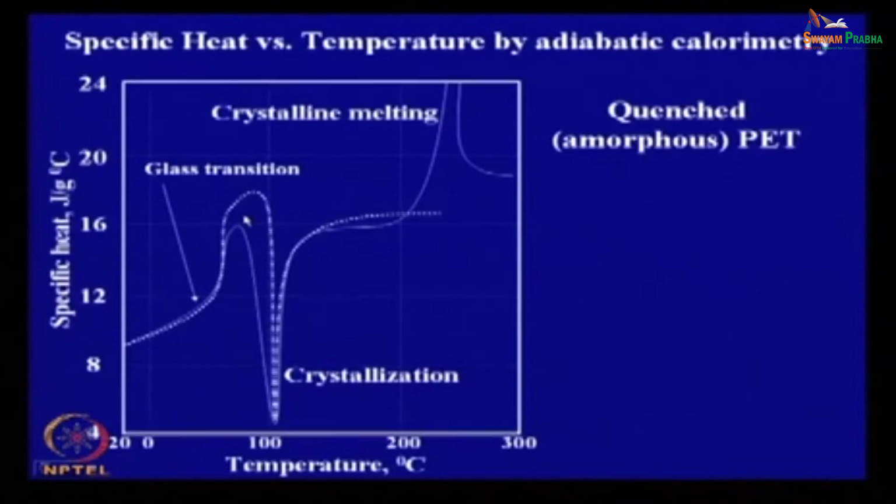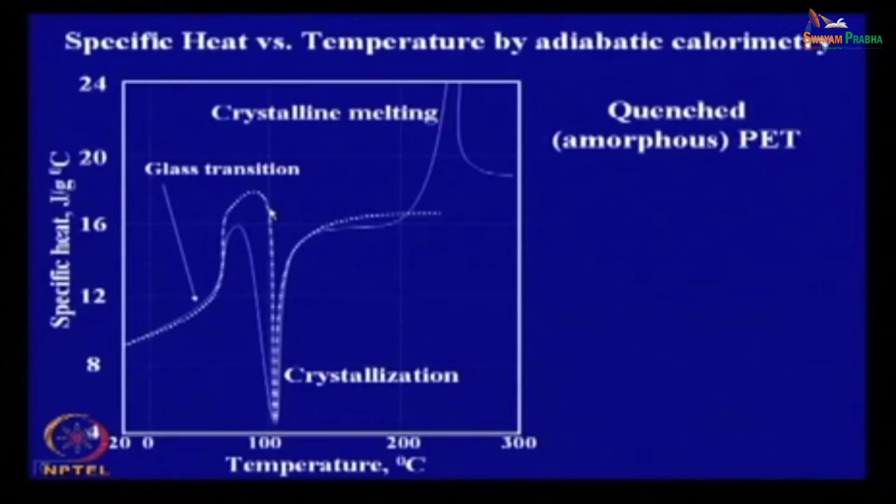Then gradually it undergoes a segmental movement, which helps the crystallization or molecular ordering within the system. So, it shows crystallization temperature also, and beyond the crystallization temperature, if the temperature is further increased, then it melts, showing the melting transition. And beyond melting, again you can have certain inflection due to degradation, and those things can be